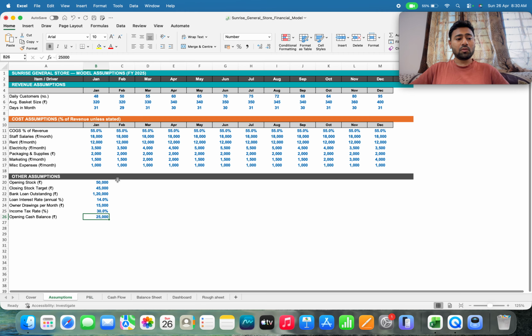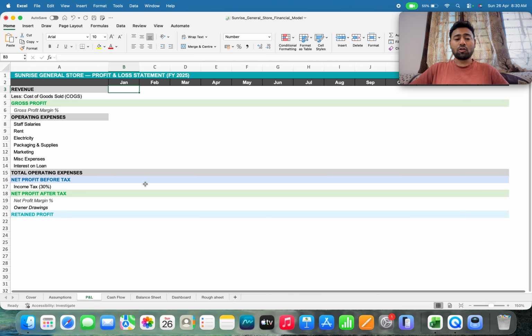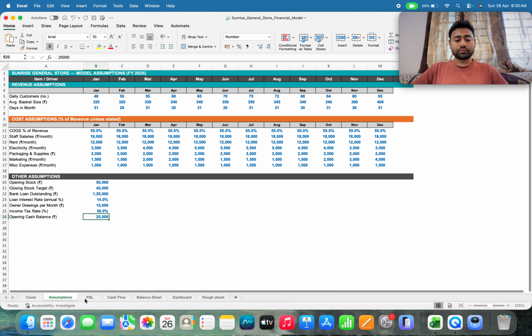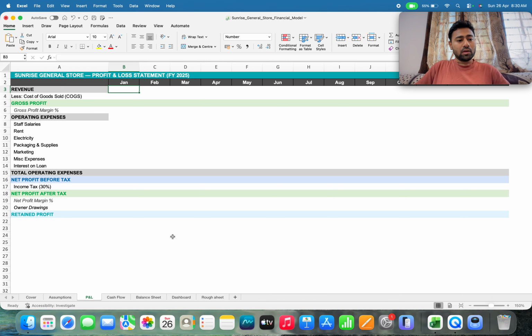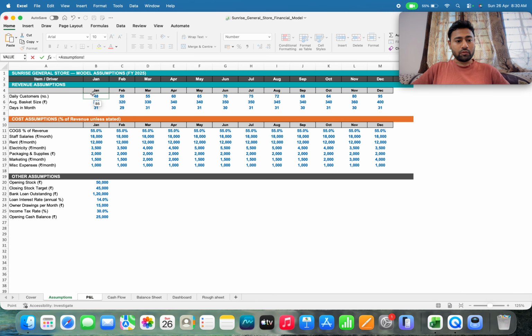Like if we want to change the number of daily customers from 48 to 55 or 60, our PNL and revenue amount will also change, because we will attach a formula and connect this sheet to the assumption sheet. So now how to calculate revenue? We will put the formula from here, like 48